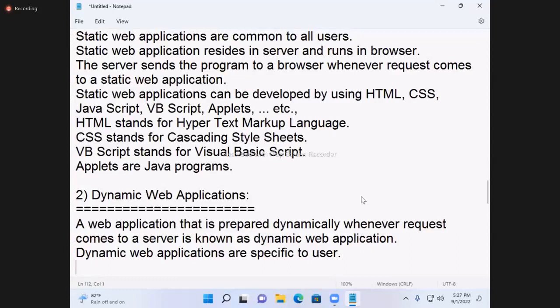Dynamic web applications reside in server and run in server only.